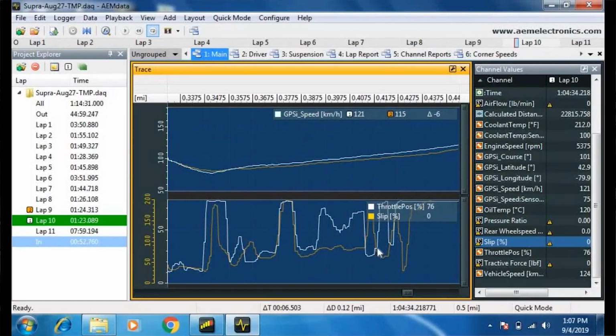sliding too much. If we had steering angle data, which unfortunately we don't with the Supra, but with many other cars you would get that through the OBD2, like on our FRS, we'd be able to say, okay, why is he off throttle here? Oh, look, he's got a bunch of counter steer in it. So you could start to build a bigger picture of what was going on in the corner there. And at the end of that slide, you can see I really got off the throttle a lot on that slower lap. So that's just a quick way to zoom in on the data, and we could do that in